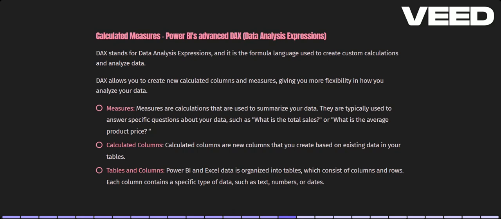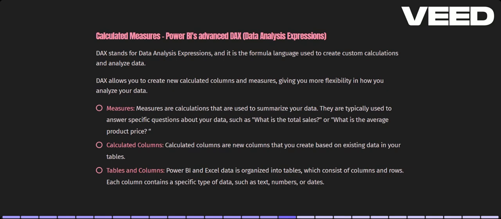Calculated columns are new columns created based upon the existing data in your tables. For example, you have sales data for all the regions, and for a particular region you want to know what percentage of the data belongs to it. From the existing values, we can create new columns showing what percentage we have for this particular region. So we can create calculated columns and calculated measures using DAX functions. DAX means Data Analysis Expressions, which we use to create calculated measures and more.